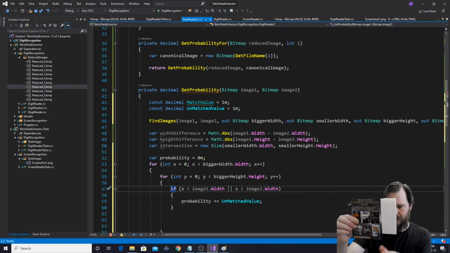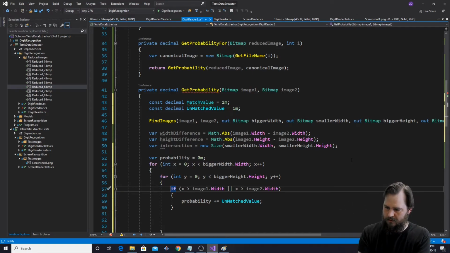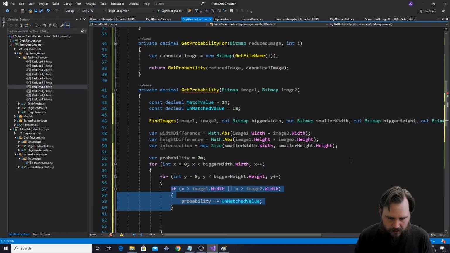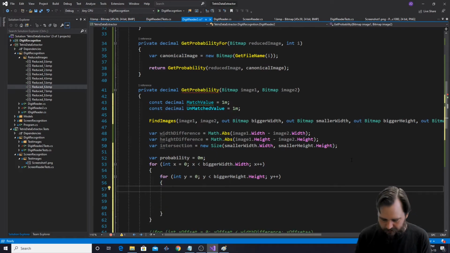So we don't actually want to count that. So that's the case when the width and the, yeah, so, okay. We really don't want to count that. So let's say, okay,